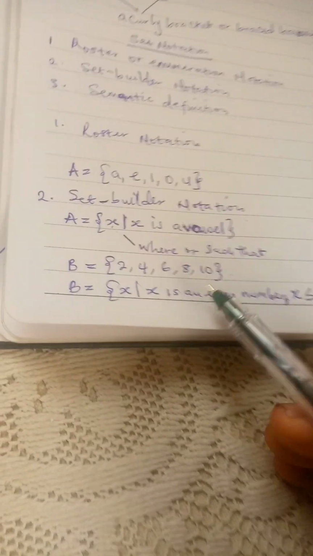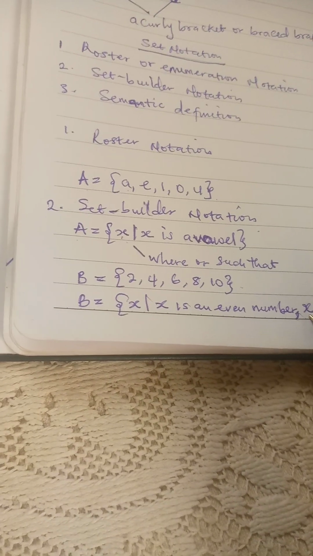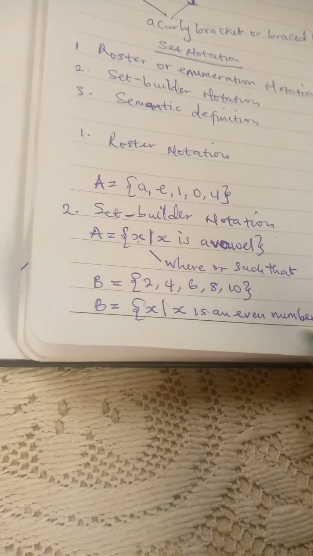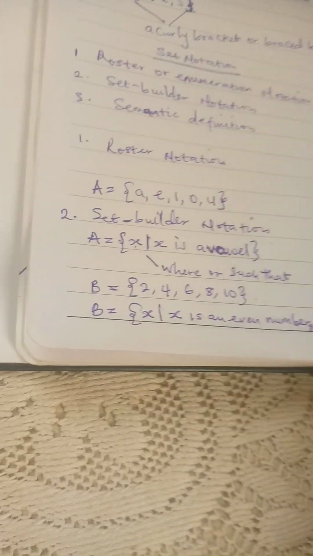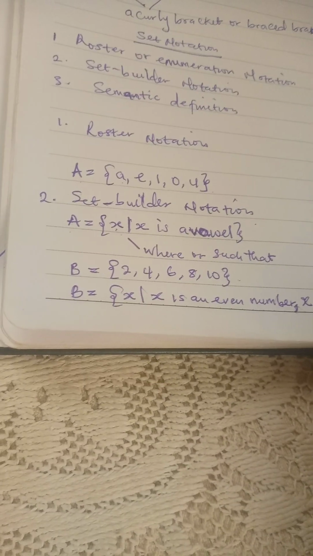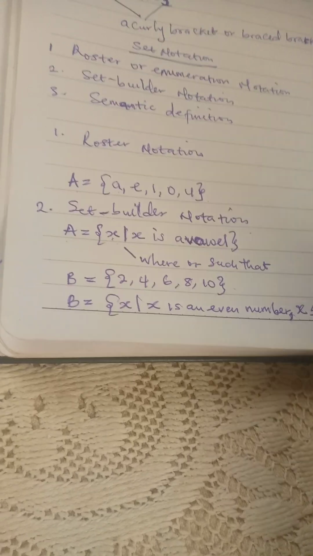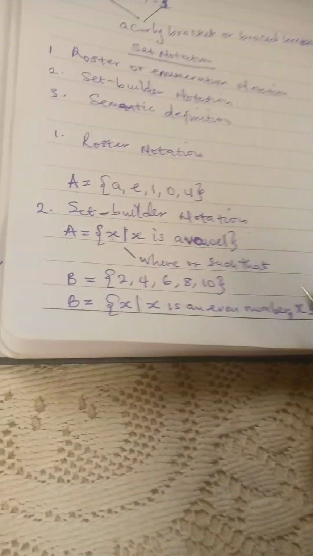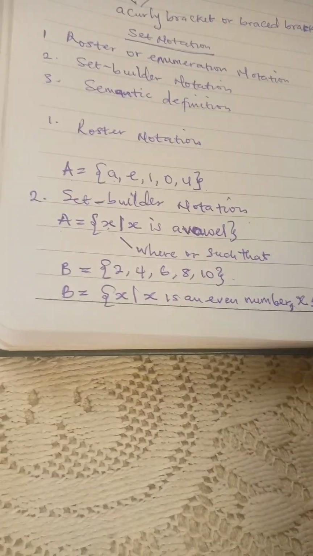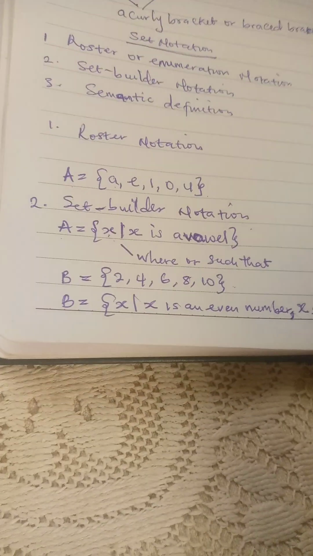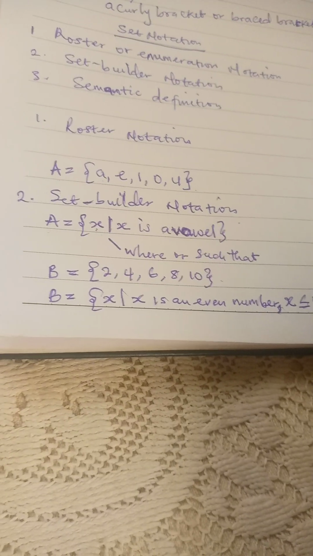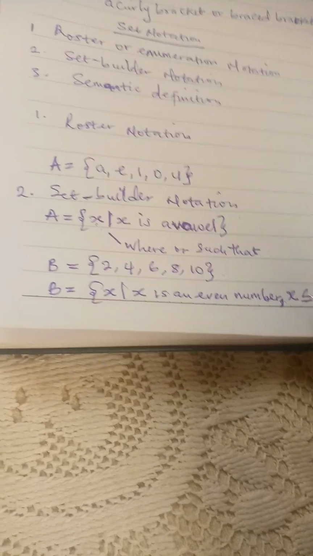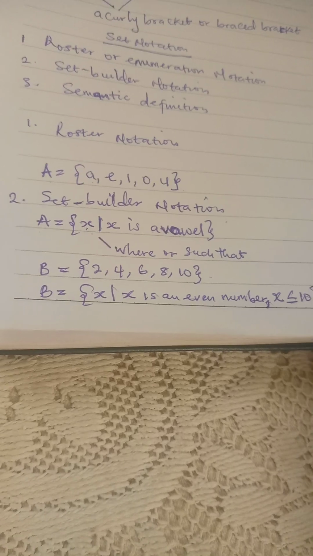and also this set is lesser or equal to 10. Okay, so the even numbers we have here are lesser than 10, and it is also equal to 10, which means that it stops at 10, right? I think that's understandable. Now let's move to the last one, which is